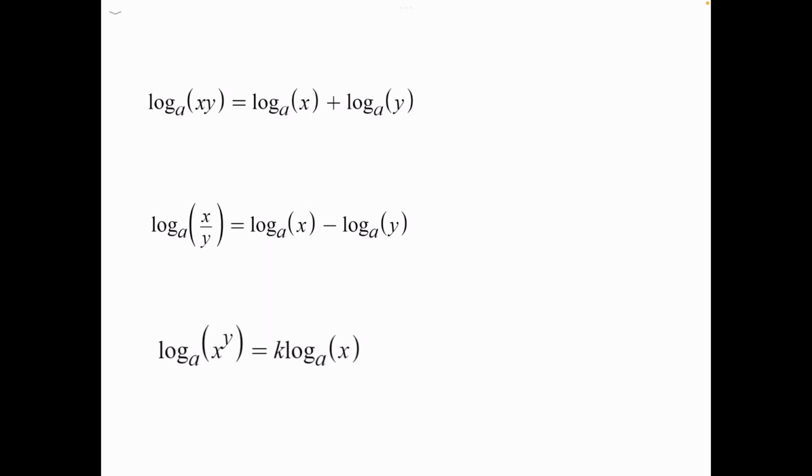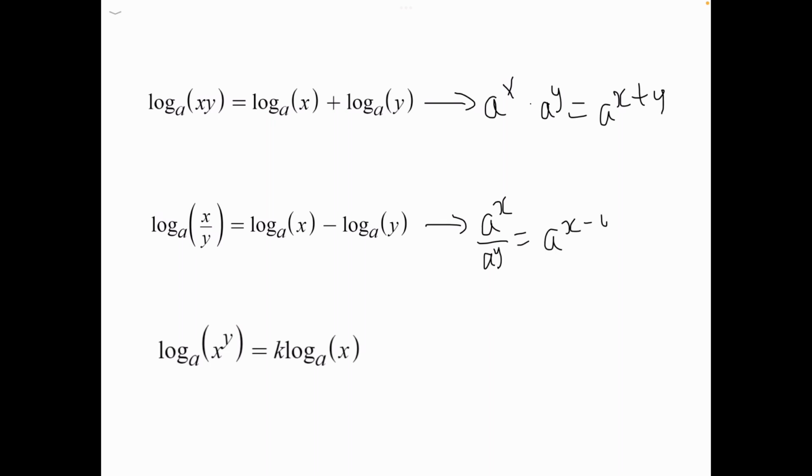So the law of product relates to the first index law, which is a^x times a^y is equal to a^(x+y). Now the law of quotient relates to the second index law, which is a^x over a^y is equal to a^(x-y). And the law of power